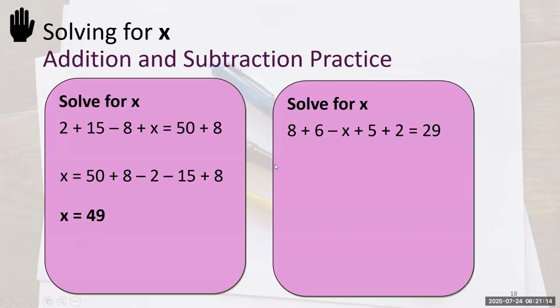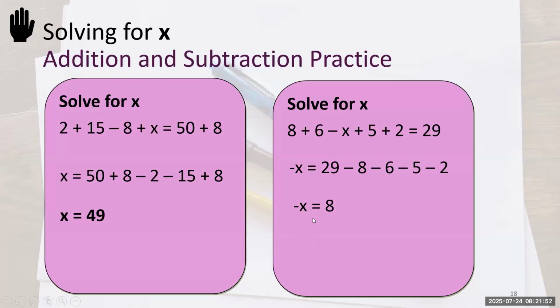We want to go into the second one here. Really similar idea, but we've got a kind of tricky thing here, which is that there's a negative sign in front of the x. So let's first start by just getting the x alone. We're going to take those 8 plus 6 and 5 plus 2, and shift them over to the other side of the equation. Now we keep that 29, but then we go minus 8, minus 6, minus 5, minus 2, because those numbers are doing the opposite of what they were doing on the left side of the equation. We can chug that into the calculator, but we have the problem that x is negative now. So what do we do?